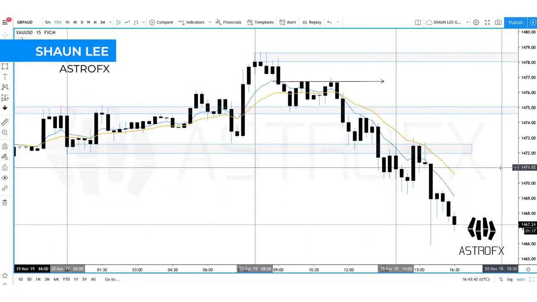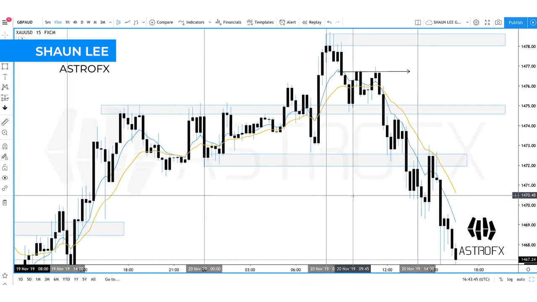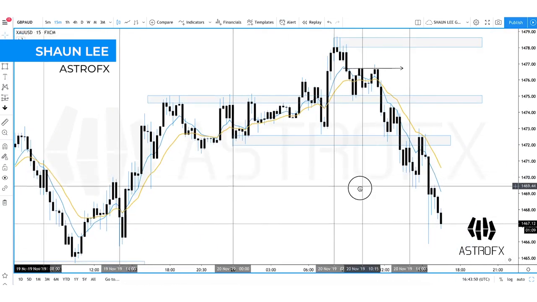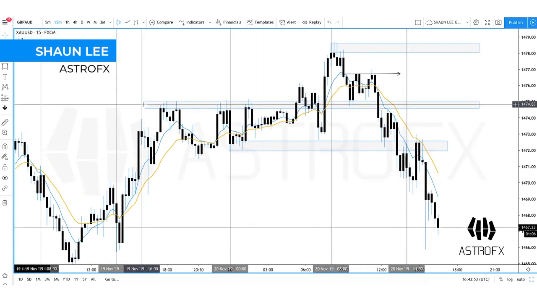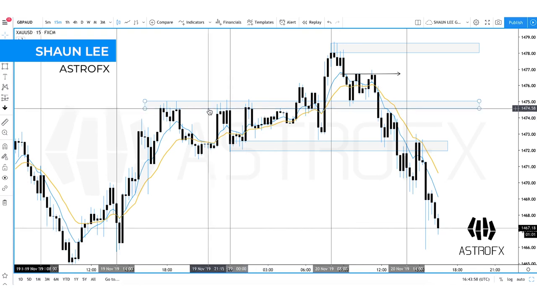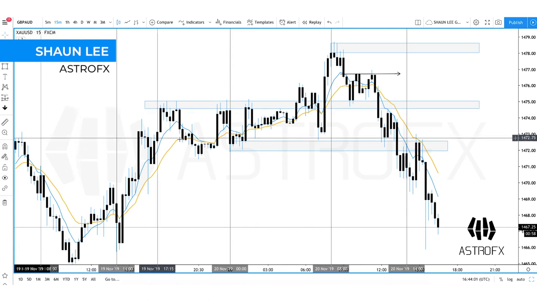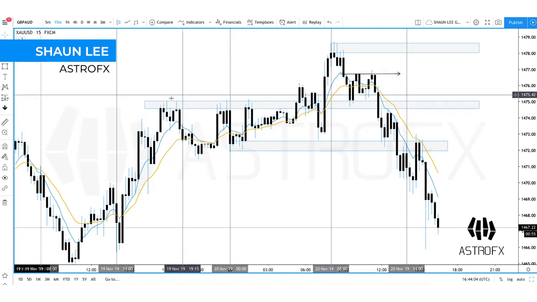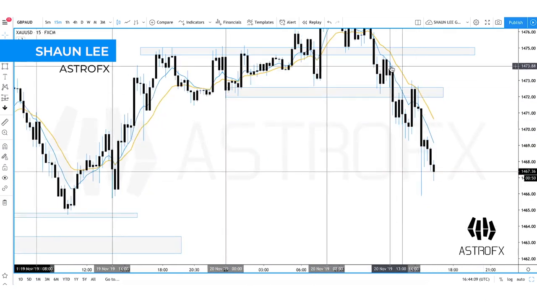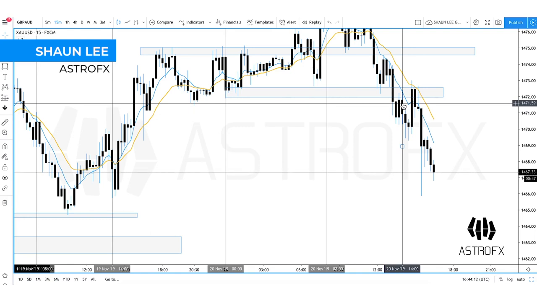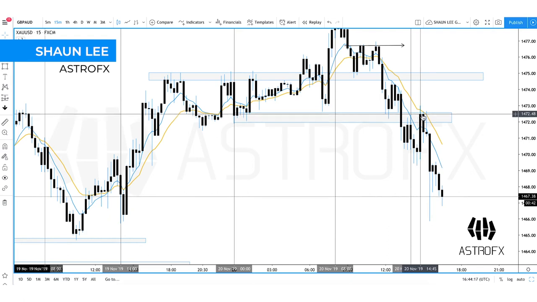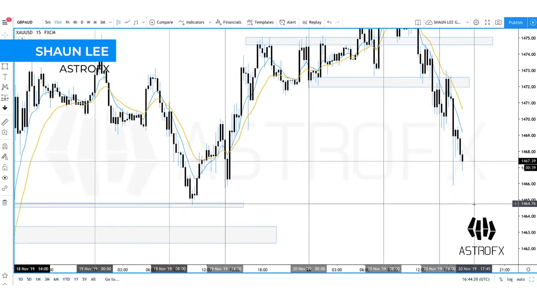So what I had to do since yesterday is quickly go through, and this becomes second nature with practice. I've just gone in and studied the highs of the sessions, gone through and allowed myself to delete the older ones and then throw on the fresh ones, and you can clearly see 3 sessions of the day have respected every level pip to pip. And then what we've seen was a breakdown exactly at 2 p.m. US overlap. We've then pushed back into the region, and then boom, we've actually melted back down to